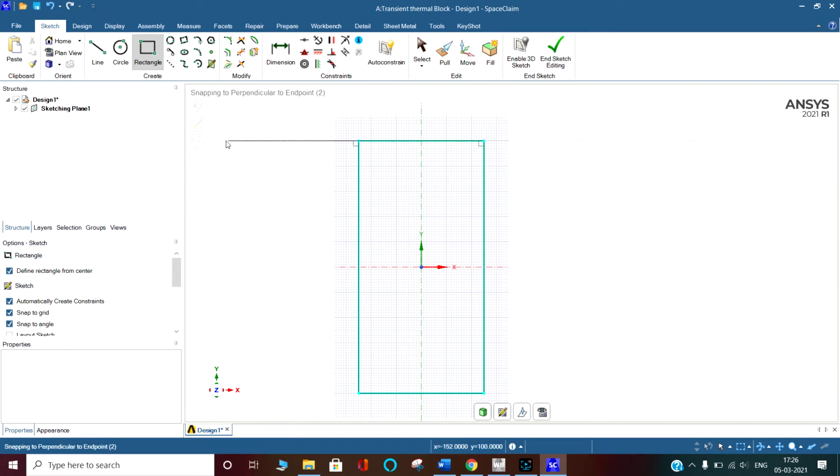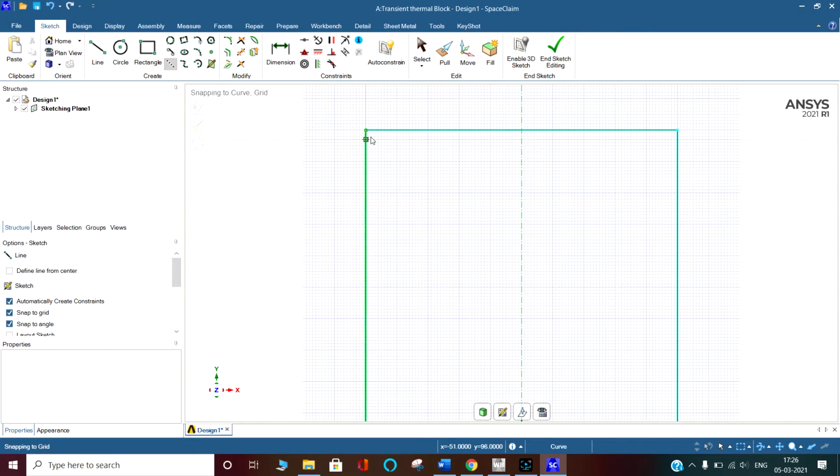Now we want to draw the hole. For that I am going to use the construction line. I am going from the top, at 16 mm. If you press the shift button, it will show the dimensions from the corners to where you are moving. Minus 16 as we are going in the downward direction. So as we reach minus 16 here, from here we can draw the line.